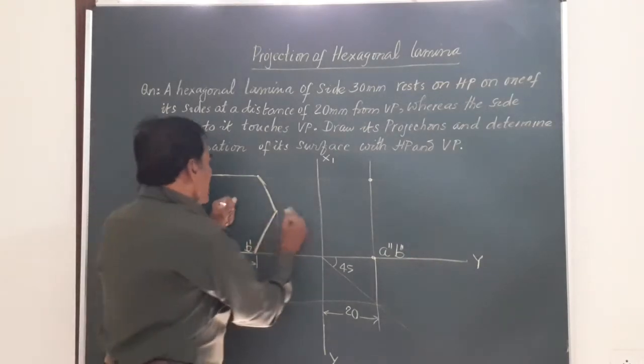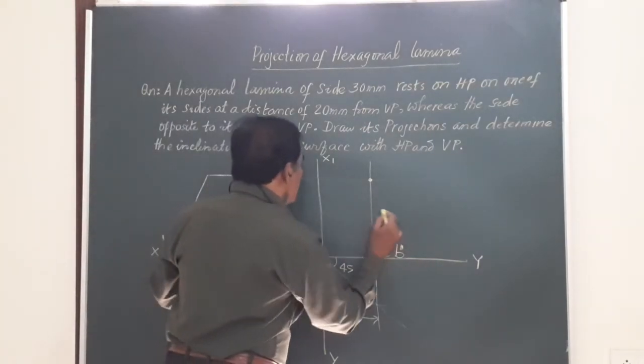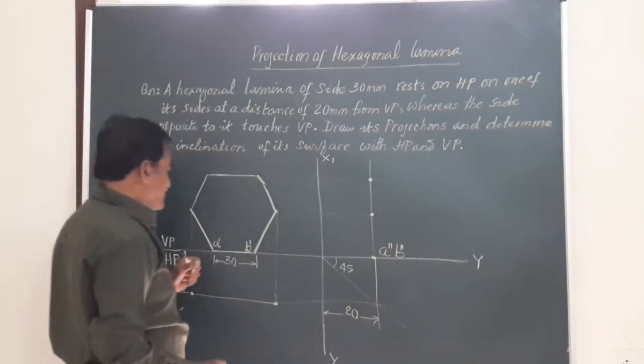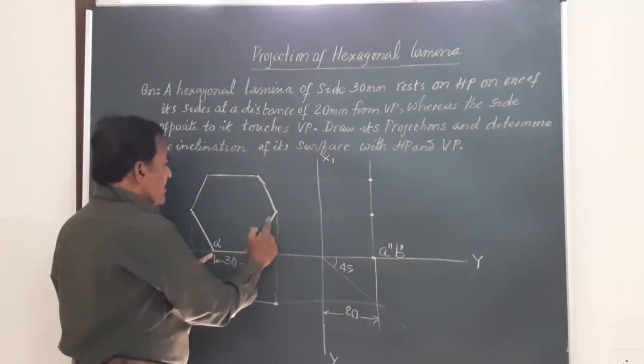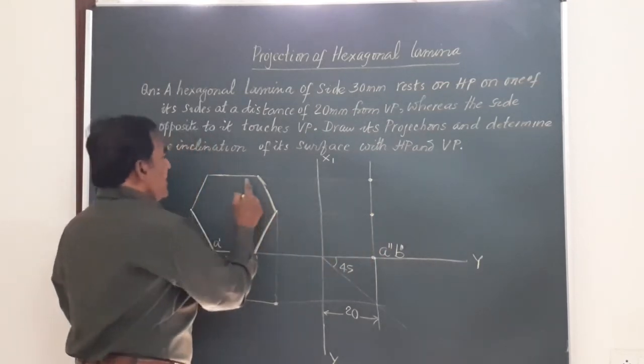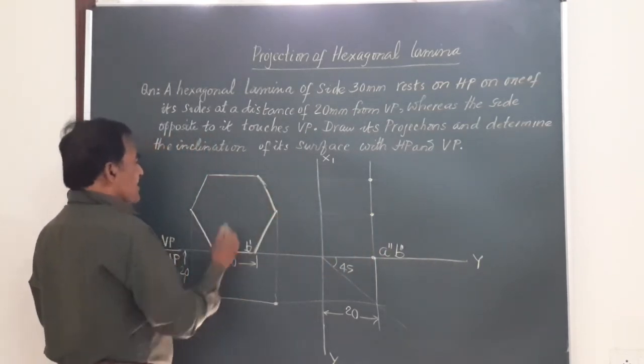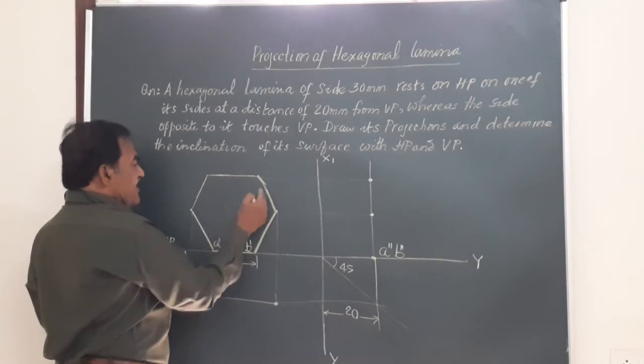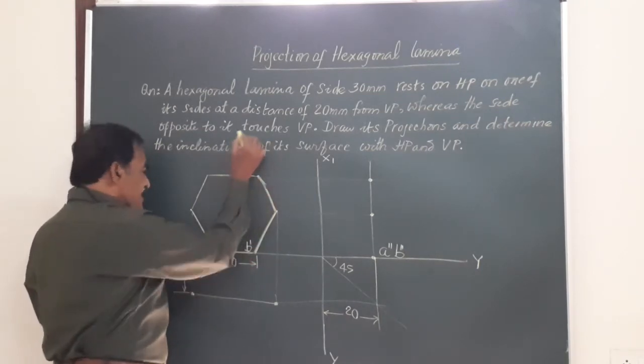And this line you can just project and say this is the other point. So this is A'B', this is C, D, E, F. This is C', F', and this is D', E'. Remember, this distance is also 30, and if you draw a vertical line through this, it has to pass through that.